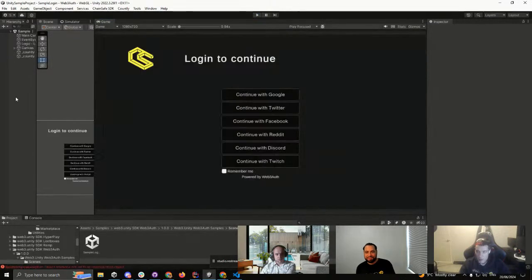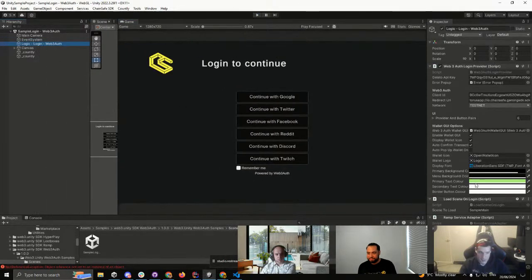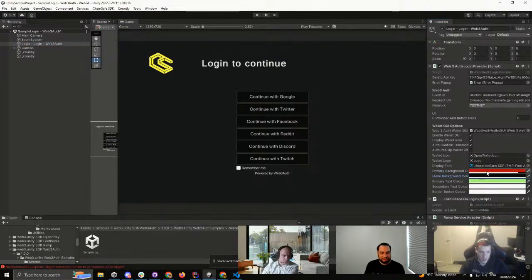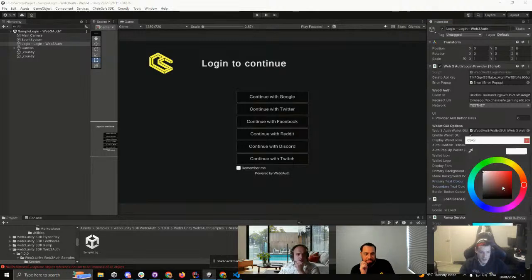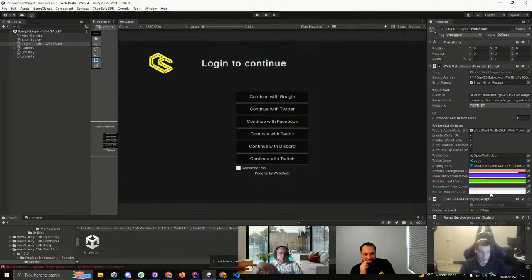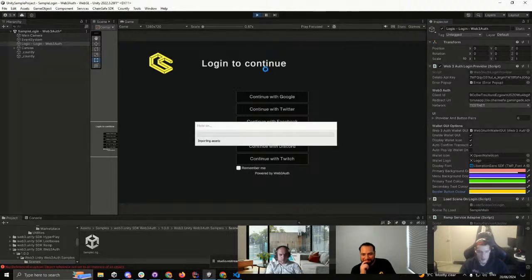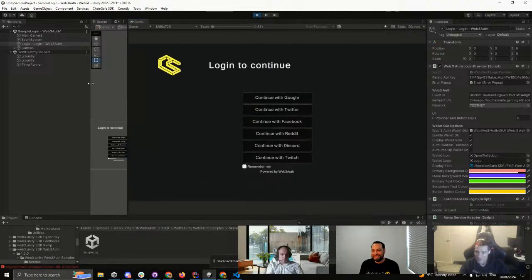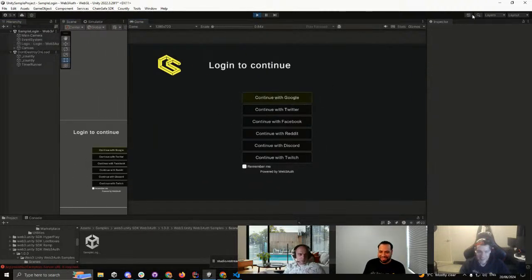In terms of configuration options, you see I have this icon here, and you have this logo. So if I wanted to come back here, say if I wanted to change all the colors, for example, primary background color, let's make it a pink, make the menus blue, we'll make the text green just because we can. Secondary text can be, I don't know, gray. Borders yellow for fun. We can even change the logo if we wanted to, but I'm just going to leave that there for now because it's fine. I don't want to open up my image browser midstream. Not that there's anything nefarious in there, it's just I don't trust my PC.